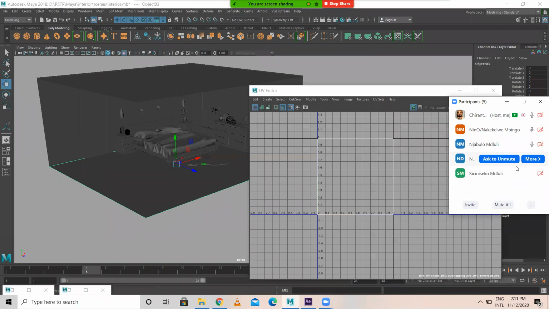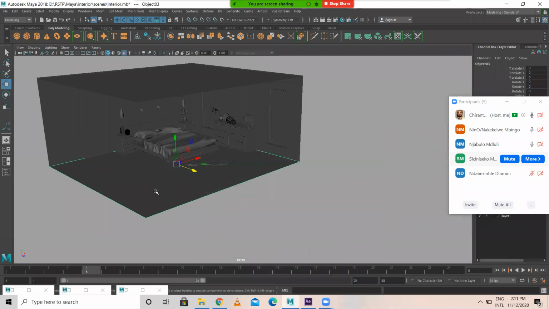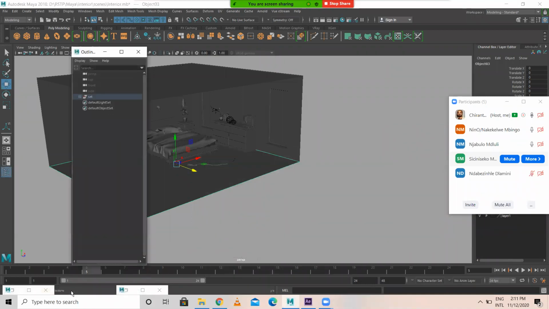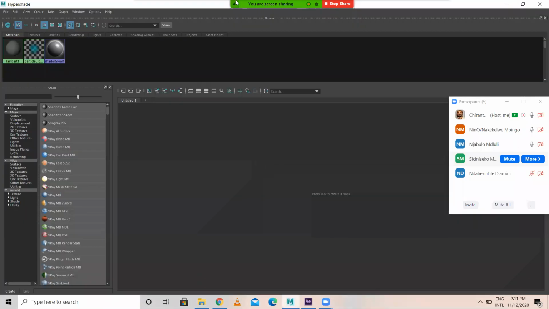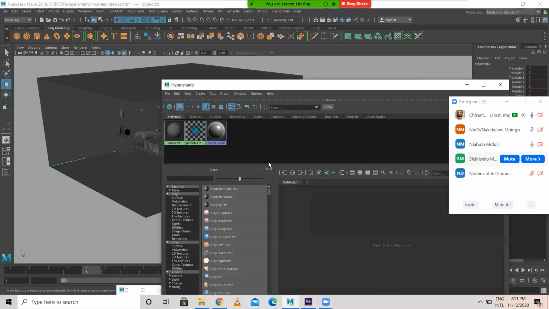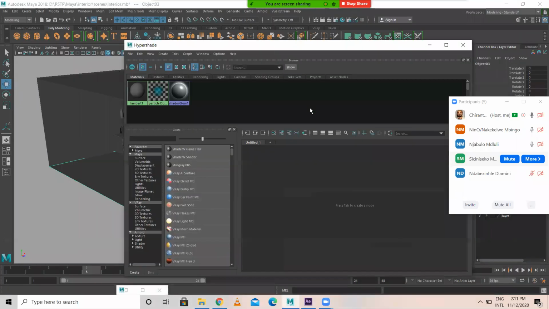Tiles. Yeah, hi. Okay, can we apply tiles or granite? Let's see how that looks. So for that, what we have to do is open this Hypershade window. In my work area, this is the list area, this is the work area. There are so many types of materials in this.